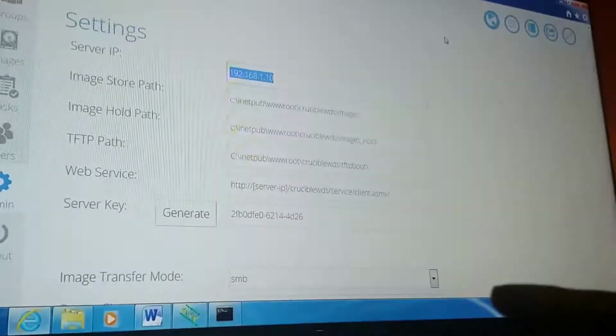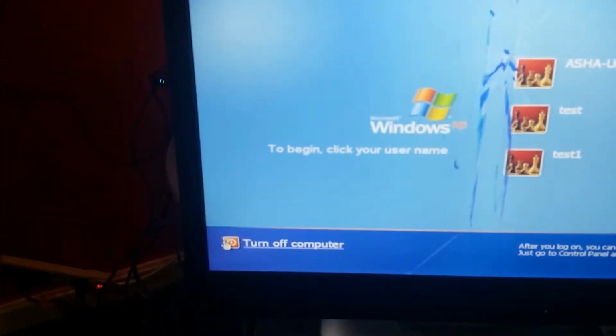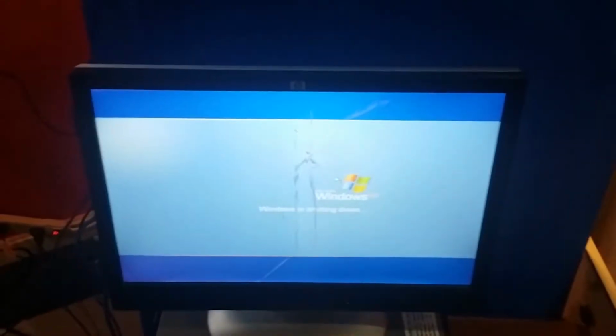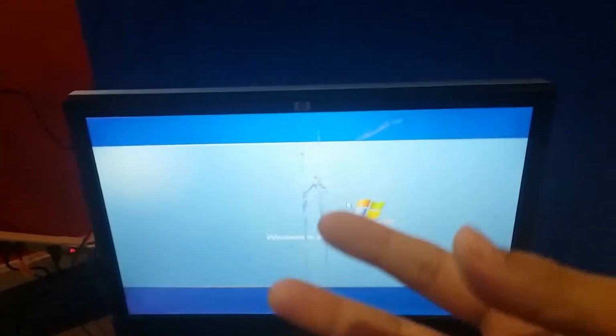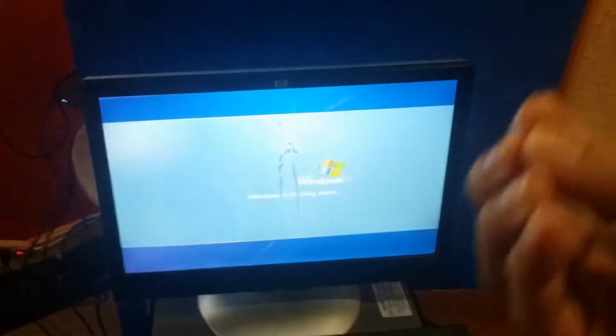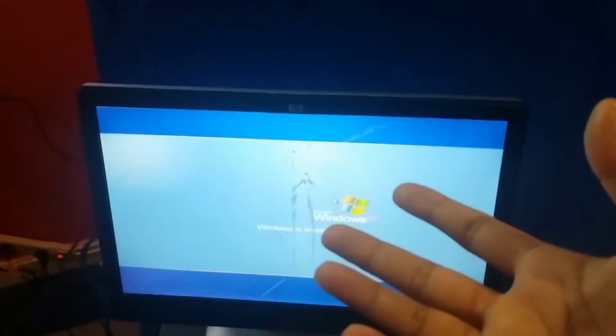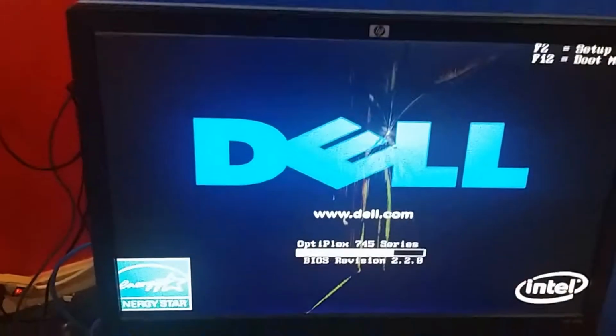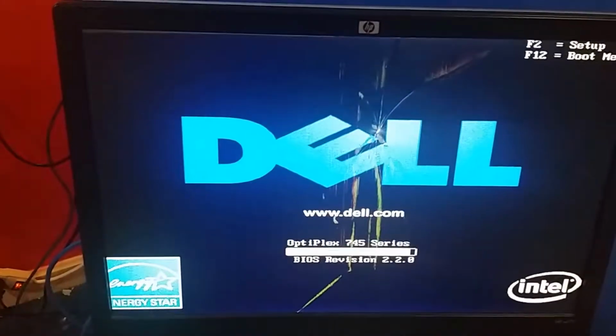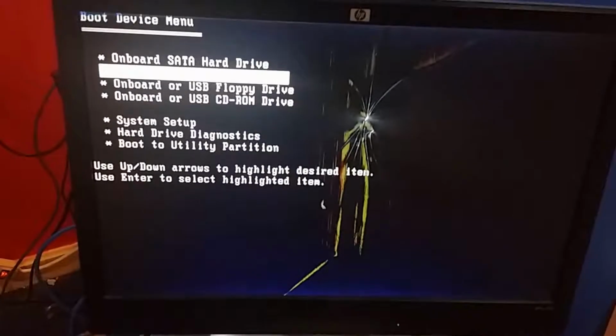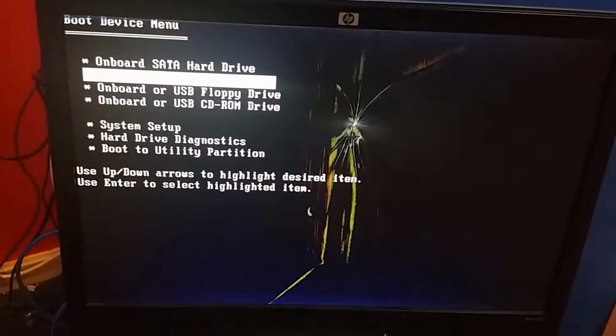So what we need to do right now, we need to turn this machine up and we need to boot it from the network. So let's go ahead and restart this machine. The same process after this. You guys can stop this video if you already know this from the other video, but after this it's the same process. Basically, this computer, we need to boot it from the network. You can call it PXE, boot it from NIC, whatever you call it. So now I'm gonna go ahead and go down and say onboard network controller. I'm gonna click enter,